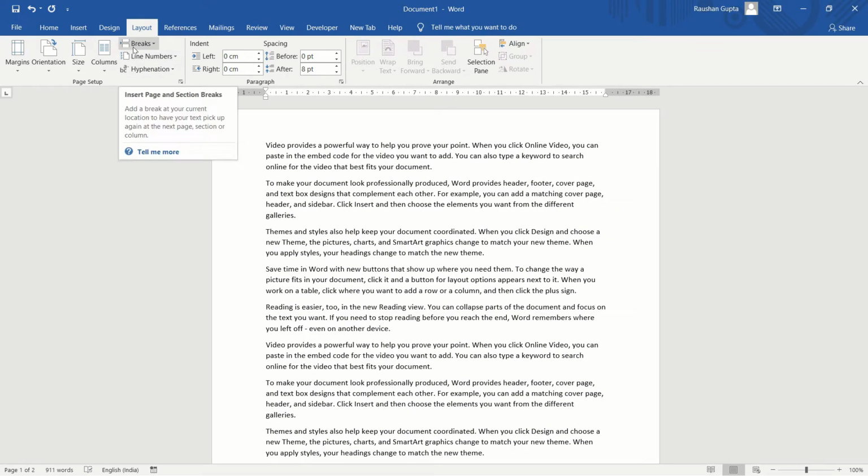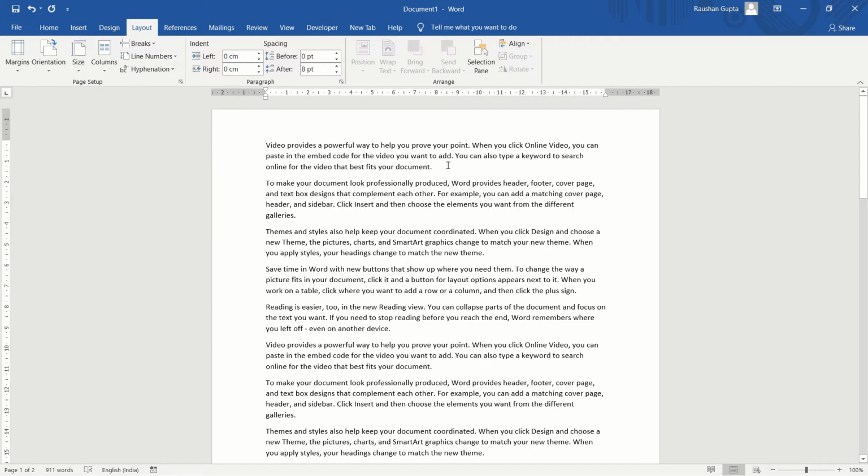Now the fifth option is Break. To use it, first let us understand. If you want a new page or you want to break a given document, then you can use the Break option. For example, you have written the text and from here you want the whole text to go to a new page.